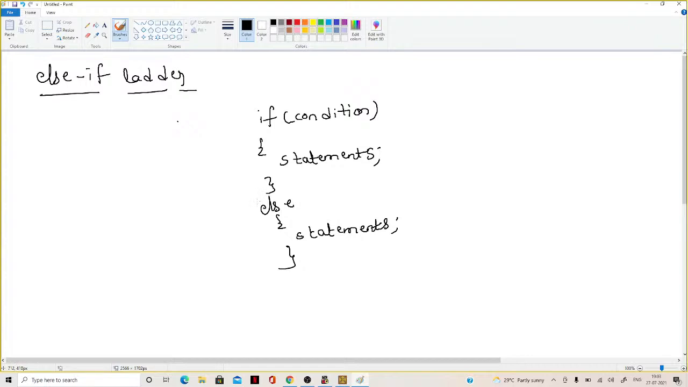Else if ladder is nothing but, in the else part also you may have another if statement. So if you are having multiple conditions, at that time we may go with this. When it comes to else if ladder, the syntax will be like this: if condition,